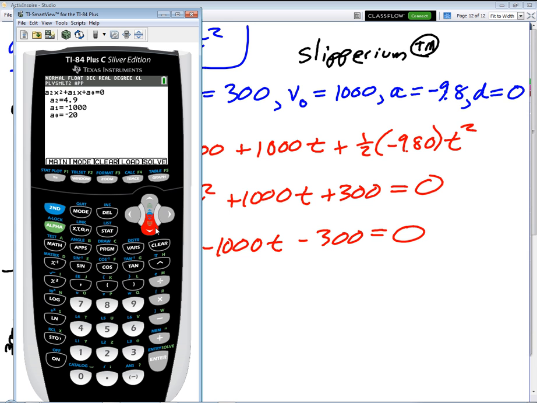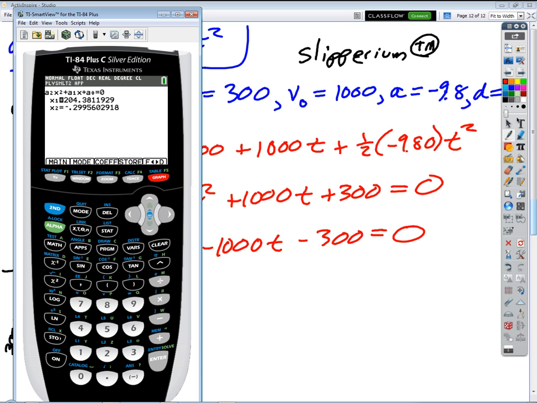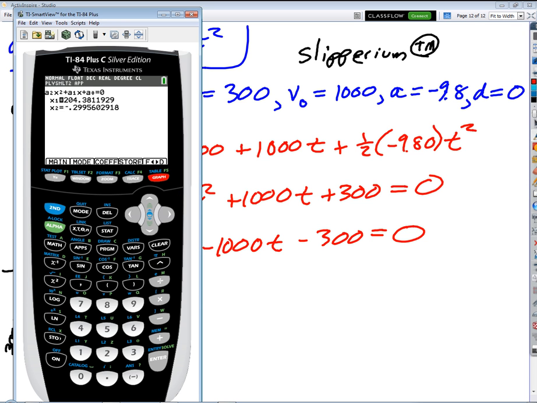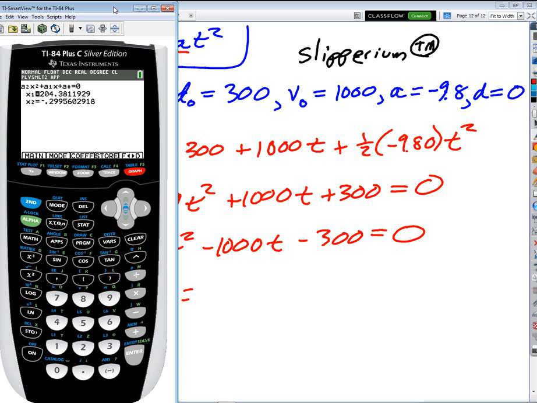And negative 300. Okay, and then we just go up and hit solve. Look what it does. Okay. So it gives us 2 answers. Let's just say we had everything, pretend we had everything to 3 sig figs. So what are my times gonna be? I get t equals, whoops. What do I get for my times? I either get